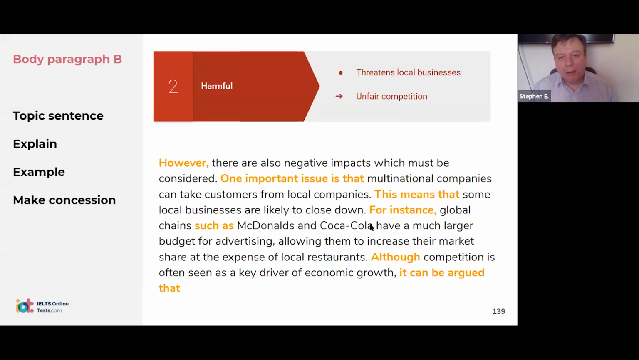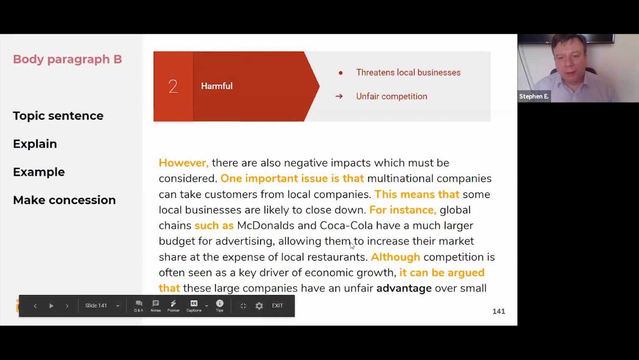It can be argued that these large companies have an unfair something over small businesses. So what are you going to put in there? Good, Moses. Yeah, very good. Okay. So we'd say unfair advantage over small businesses,